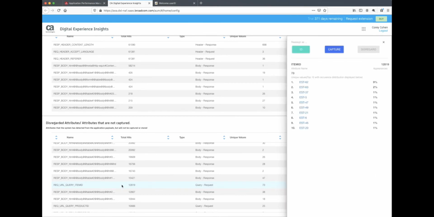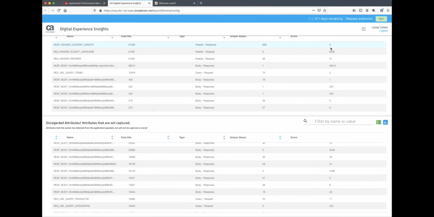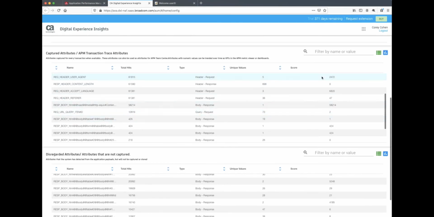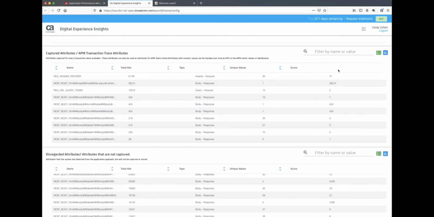If we wanted to keep this query item ID, we could simply click Capture. And now every transaction, this value would be captured, so I can view and understand what the users are doing. Sometimes you don't know the name of a field that the system has captured. As you can see, some of these have some pretty technical names based upon what the developer has put in. This is one of the reasons why, if you were trying to do this without BPA, it would be fairly